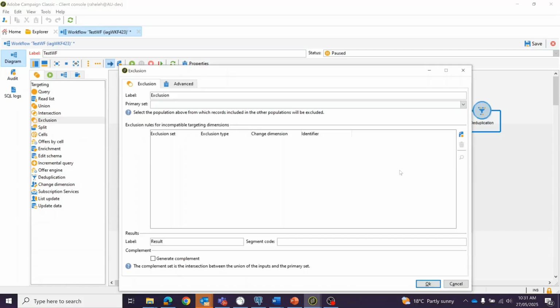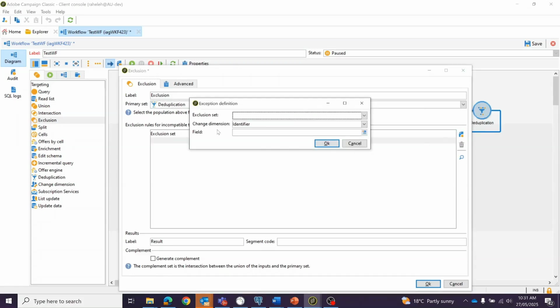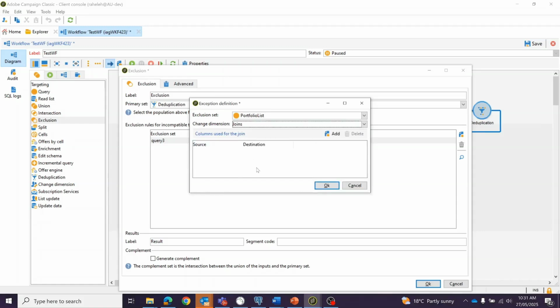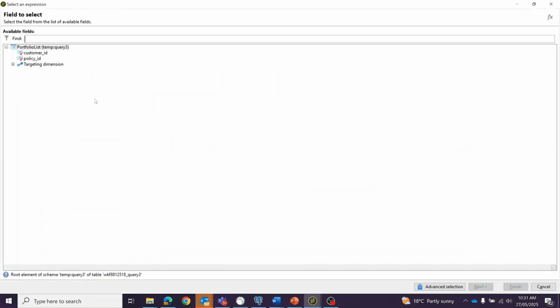Now for exclusion, I need to introduce what is the primary set. The primary set is the data set which is coming from the deduplication activity. For the exclusion part, we are going to say that the exclusion set is portfolio list. We want to exclude this portfolio list on the deduplication. And then the identifier is going to be in this changing dimension. I'm doing the join. And what is the source? Based on the